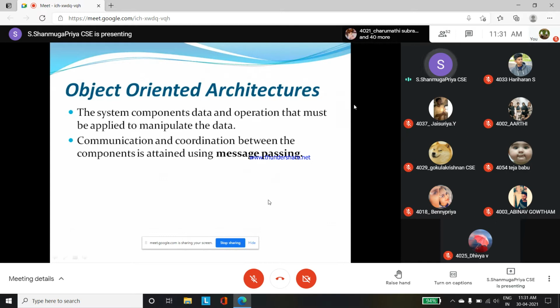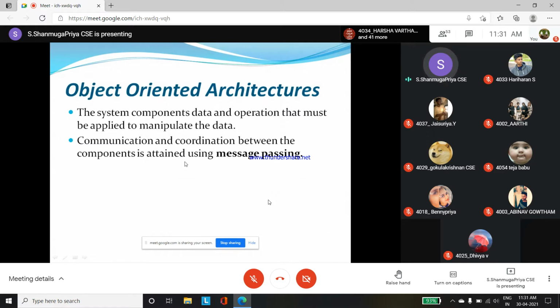Then object oriented architecture is nothing but here all the data and functions are applied in a single entity. If you are going for any object oriented concept, and if we are using the message passing technique, that is, we are communicating and coordinating the components in a conditional manner, then we have to go for object oriented architecture.